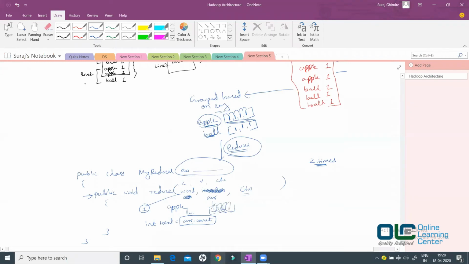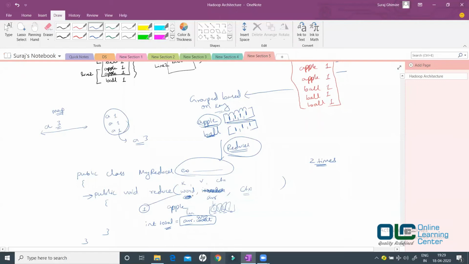Who knows, somebody may have gone to the mapper code and felt that for every line, if I get apple 3 times, then instead of writing apple 1 apple 1 apple 1, I will optimize it and just send apple 3. Possible. People may optimize the code anytime. So we will definitely have to go inside each of these elements and find the total sum of all these ones. We'll have to do a sum of it.